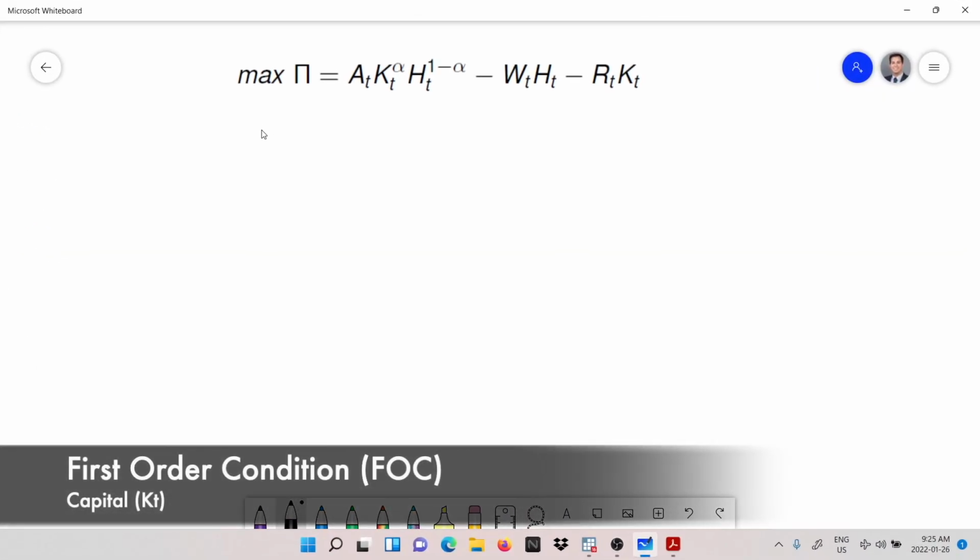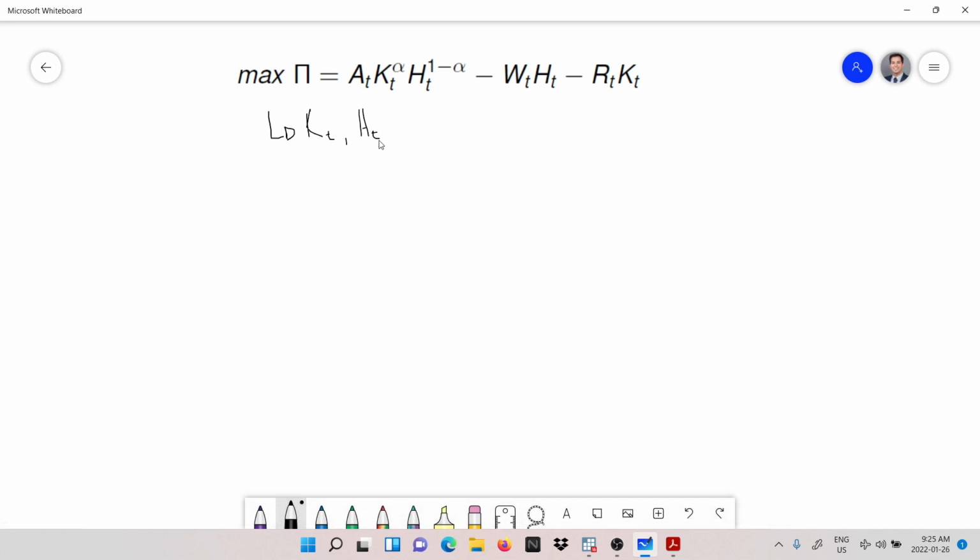To solve the maximization problem of the firms, we need to maximize over two variables. We are talking about the capital, and also the hours worked or the labor. So what we need to do is to take the first order conditions of the profit function with respect to capital,